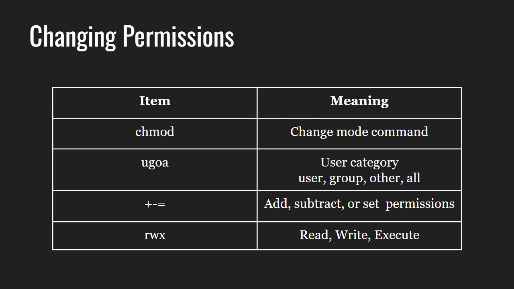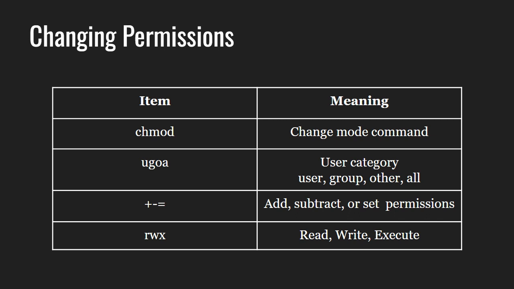After this, we use a plus for adding permissions, a minus for removing permissions, and an equal to for assigning a permission. Then we specify the r, w or x permission which we want to change. Here also we can use a combination of r, w and x. This specifies which of the 3 permissions rwx you want to modify. Finally, we enter the name of the file whose permission you are changing.